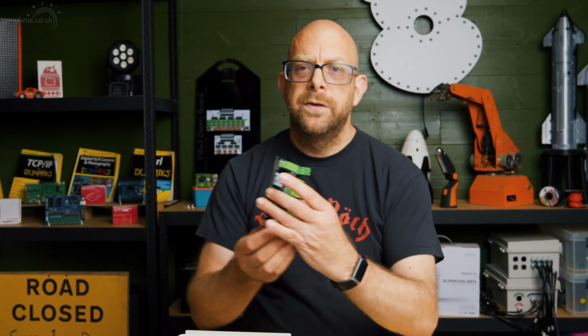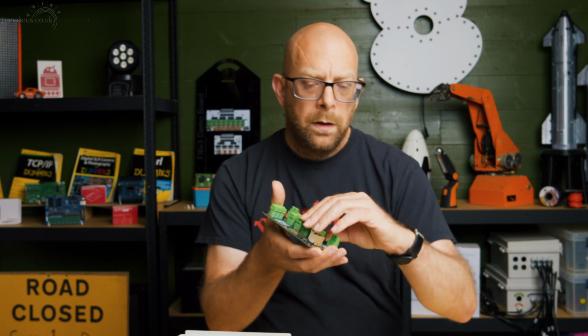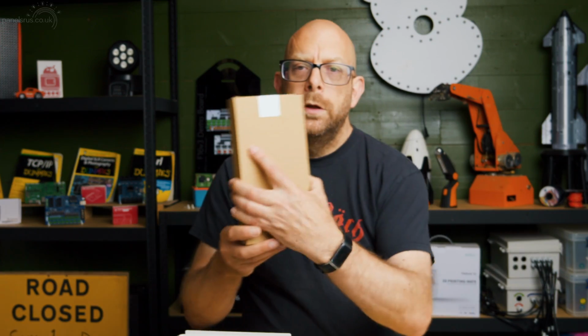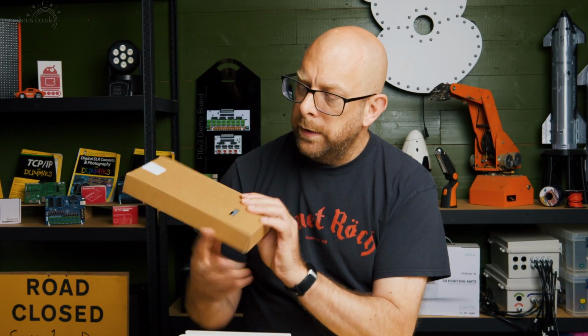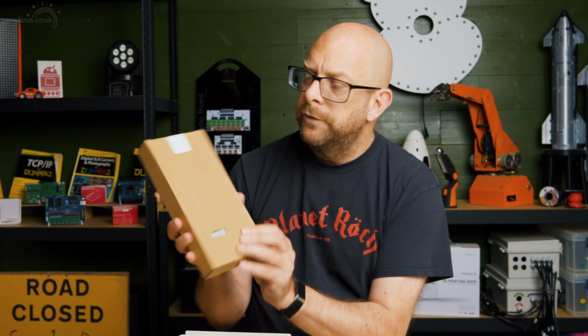Now the sharper-eyed of you will have noticed that we're missing a few things to complete the build. And these don't come in the kit, and that is of course Baldrick, the controller itself. You need to buy that separately. You need a power supply. This one is an RSP 32012,